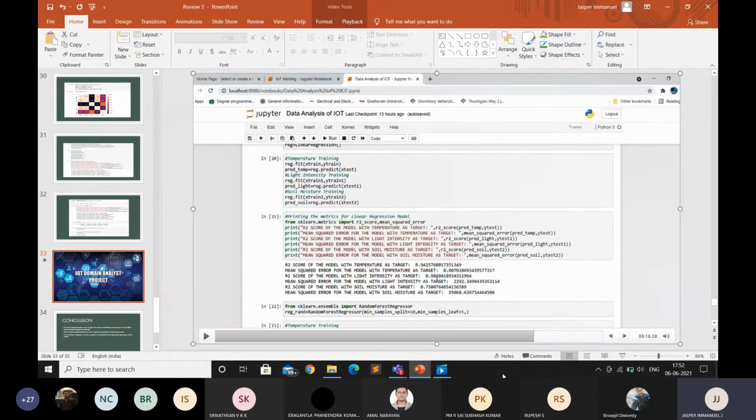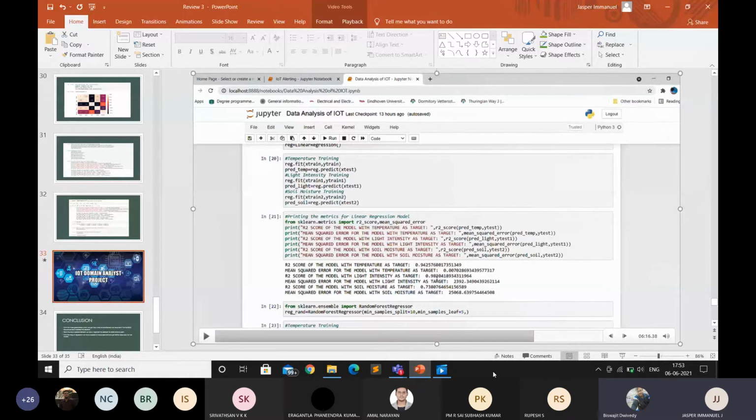So this project comes into play. If he predicts that at 4 p.m. the light intensity is going to be high, then before that he can use the shadowing techniques and protect the plant. That's where this project will play an important role. Not only light; in future you can add more environmental parameters also, but in our project we have considered these. So this is the use of our project. Okay, I got the point.